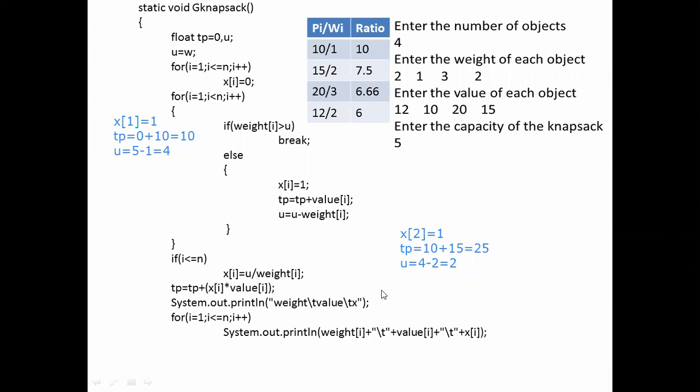X of I will give you how much fraction of the item is entered into the knapsack. System.out.println maximum profit is equal to TP, which is equal to 38.2. So that will be displayed at the end.